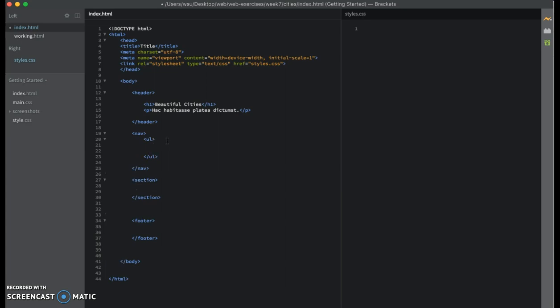So I'm just going to make another space here. I'm going to say LI for list. And I'm just going to call this one Italy. I'm going to go ahead and do this 2 more times. Call this one New York. And we'll do this one as Paris. We're going to come back to this navigation in a minute, but for now, just go ahead